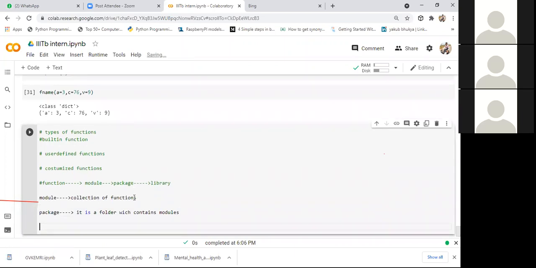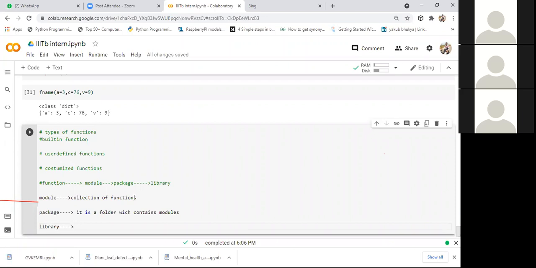And coming to the next term, we have a library. The meaning of library is similar to our college library. If you go to the college library, we can see different shelves or different parts. For ECE we have one section, for computer science we have one section. Like that, different branches have unique shelves. The major purpose of a library is for a specific application: by combining a few modules or packages and keeping all the things at the same location for a specific application, that is said as library.